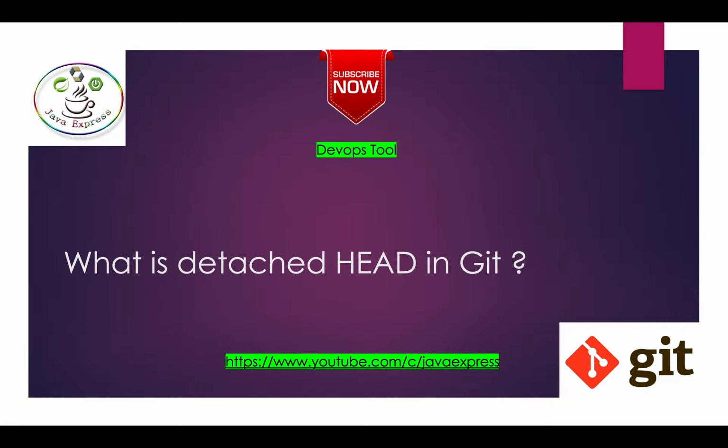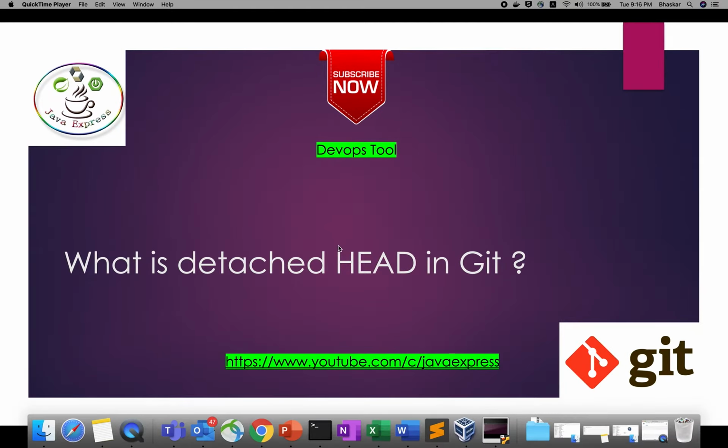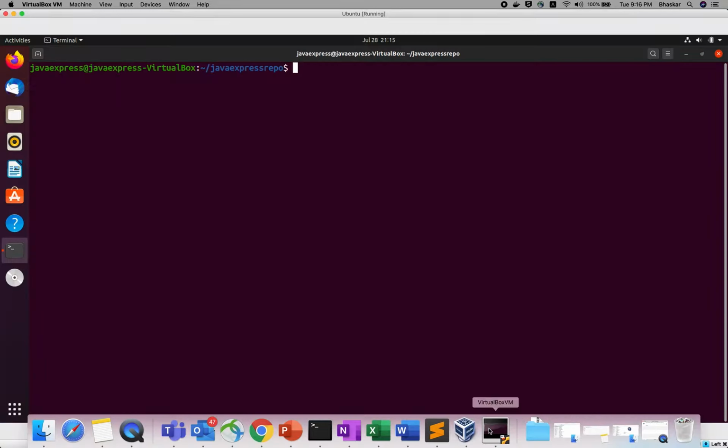So you know the branching strategy, we used the checkout command, right? By using checkout you can go to another branch, do something, and come back to the master branch, right? By using the same command we can go to a previous commit also. We'll see this in this section. Let me open my Ubuntu. Okay, this is my repository.